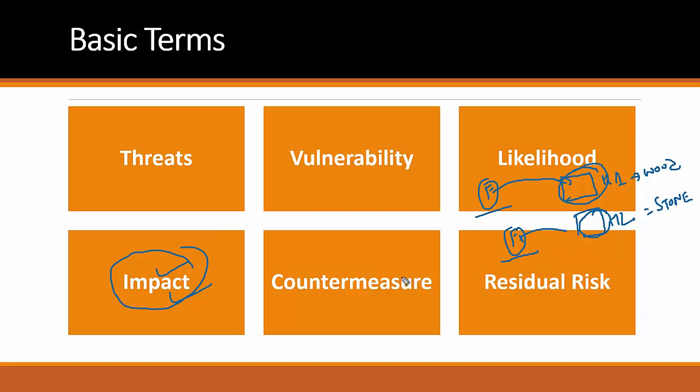Our primary goal is to reduce the impact, and that is why we have introduced countermeasures. So a countermeasure is introduced to reduce the impact. Okay, a countermeasure is reactive. So we have installed extinguishers, we installed defense in depth, that is called countermeasures. And after implementing a control, the risk which is left is called residual risk, because 100% risk cannot be eliminated. One more important risk we have is called inherent risk.